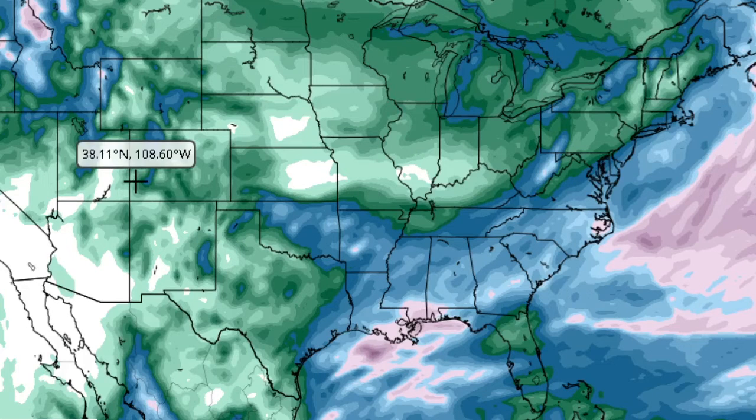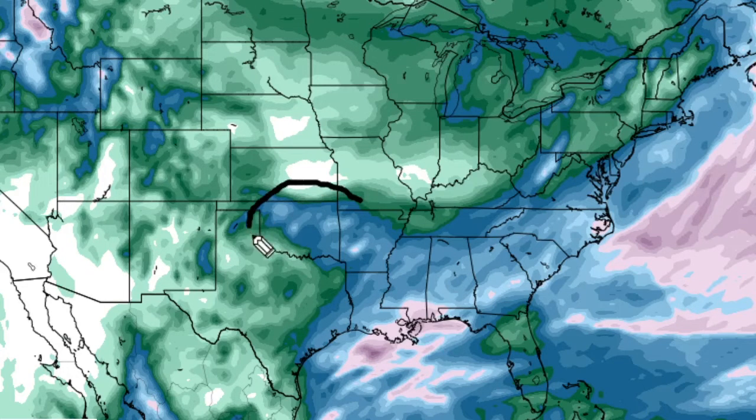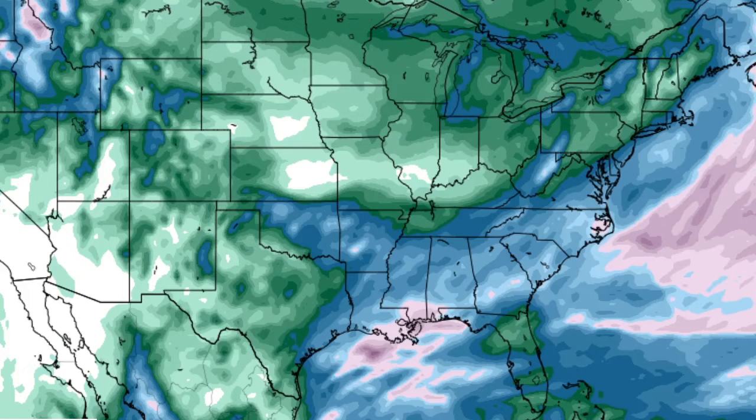Okay, so now we're looking at the total accumulated precipitation. We can start down here by the southeast. Over here in these pink areas, you can see up to 4 or 5 inches of rain. That's kind of a lot of rain. In these blue areas, you can see up to 3 inches of rain. Over here, this is going to be snow, but you can see up to at least 13 inches of snow I saw in the snow model